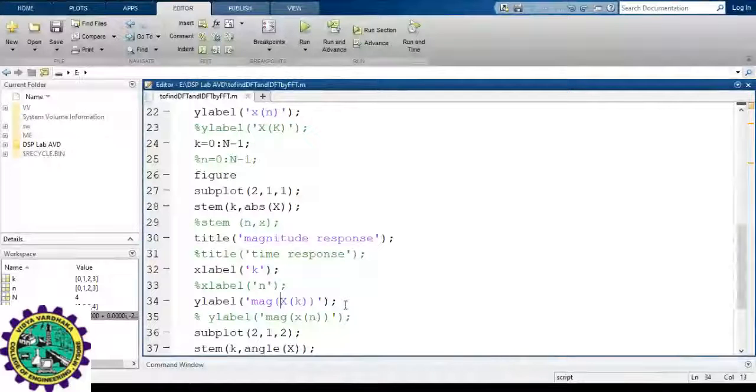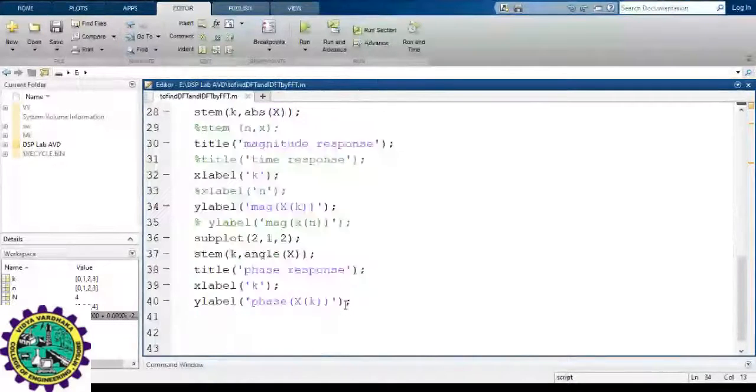Okay, this is what we have plotted in one part. We have another part as well, right? There, what I need to plot? I need to plot phase response. So if you observe here, I have taken the second half of the same, that is subplot of 2, 1, 2. Here again, 2 rows, 1 column in that second part. What I need to do here, I need to represent phase.